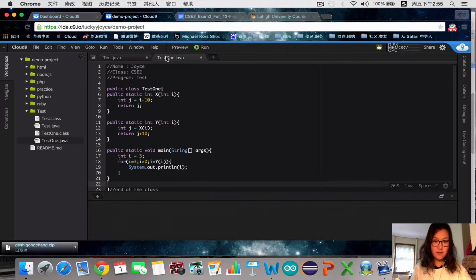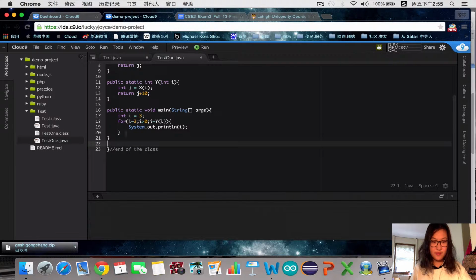I stored part B in test1.java, and in part B, we should look at the main method as well. Firstly, it initializes i to be 3, and then it undergoes a loop. When i is more than 0, it will print out the value of i, which is 3. And then